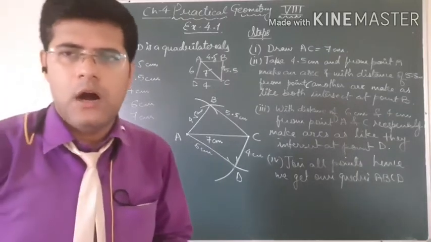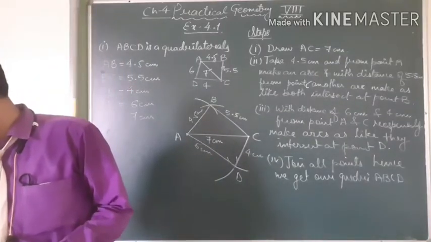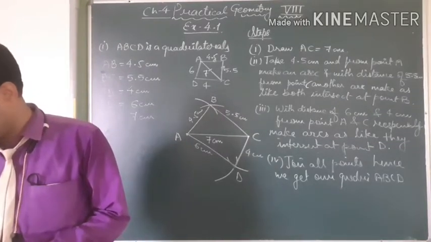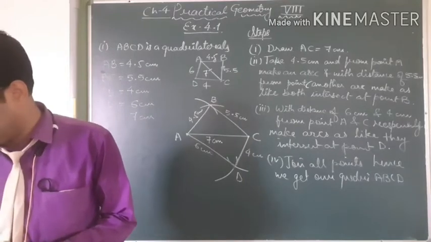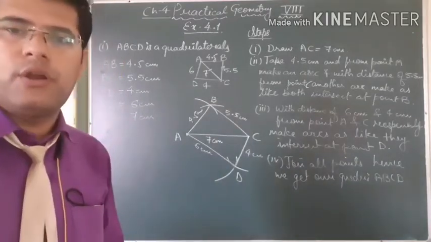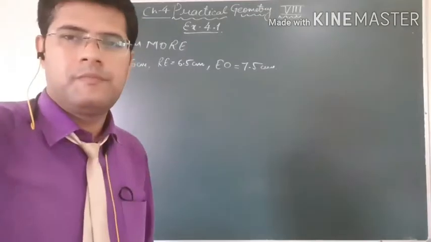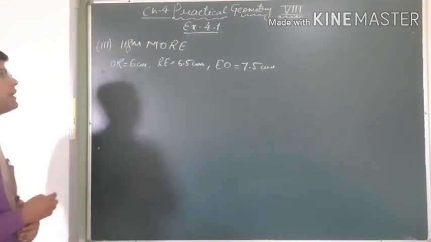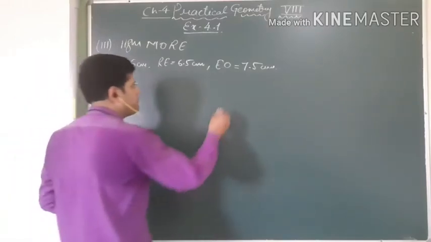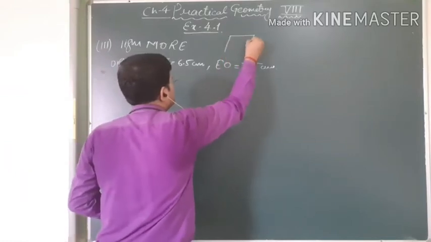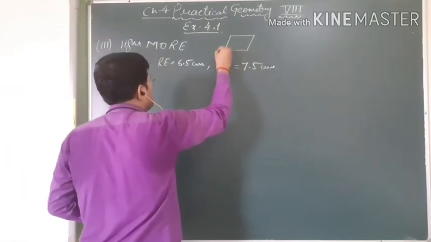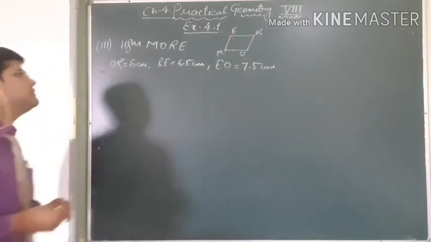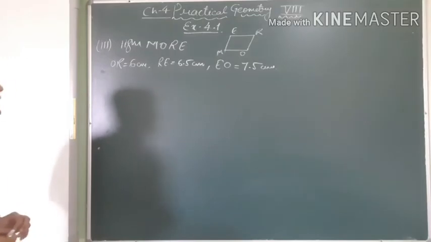Okay students, now I want to make figure number third, because the second one is like the first one, but the third one is not like the first one. It is a parallelogram. So I am going to make figure number third. Now students, we are going to make this parallelogram MORE. So firstly we have to make a rough figure. In every sum, firstly you will make a rough figure. After that we have to do the sum. Why am I telling you these things? Because this is very helpful to make a correct sum.